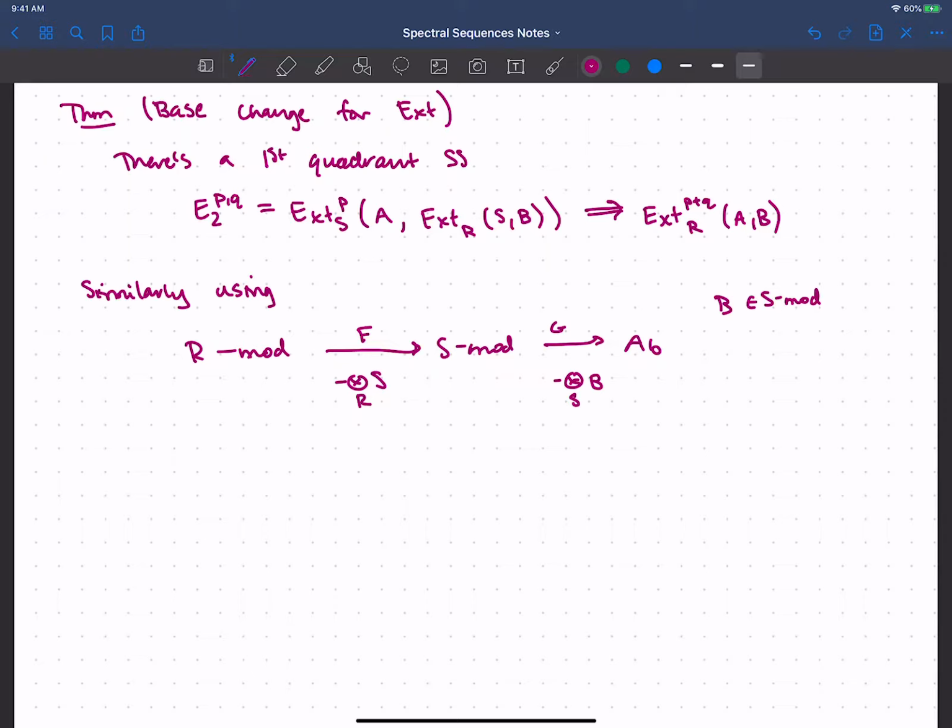Okay, and what is the composition? Well, what does it do to some A? Now we should take A, tensor over R with S, and then we should tensor that over S with B, and so again the S's cancel, and we get A tensor over R with B. Okay, and I think I've done enough tedious verifications for you recently, so I'll leave it to you to check that we have that G-acyclic condition